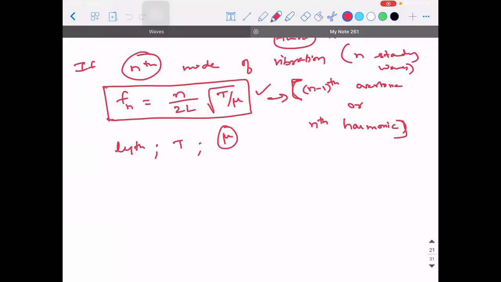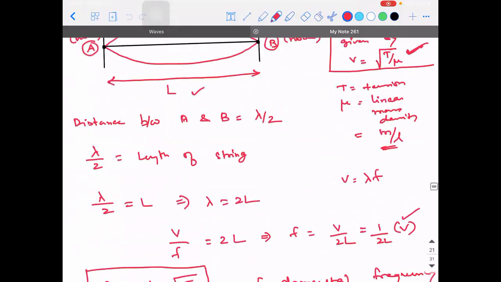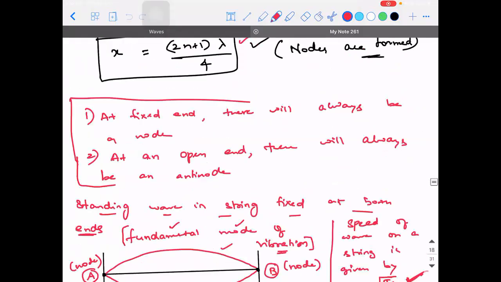So if you see those pipes which are open at both the ends, I told you there is another point also. Till now, whatever we saw, at a fixed end there will always be a node. At an open end, there is always an antinode. So in instruments which are open at both the ends, an antinode is formed. Right? I've actually designed a pan flute last year using PVC pipes. I'll explain the theory, then I'll play it and show it to you, and I'll match the notes.